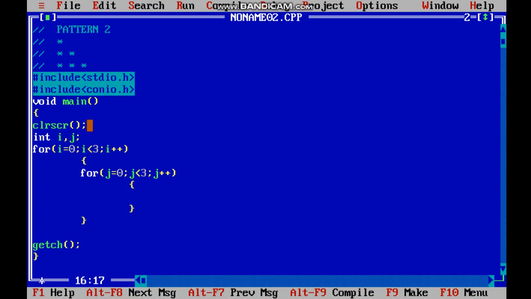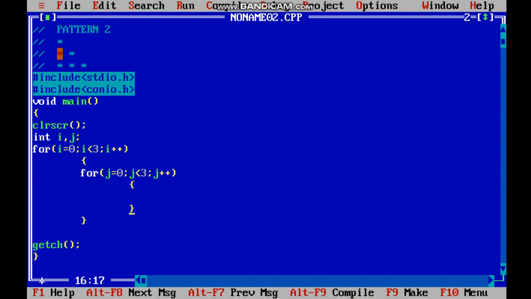Okay, see guys, as in the last video we learned the outer for loop, I again tell you, please note it somewhere or recall it, but just remember the first for loop is for rows. It will give you rows 1, 2. See, i value is 0, i is less than 3. That means i will run 3 times, once for 0, once for 1 and once for 2, and when i value is 3 it becomes false. So i will run 3 times.